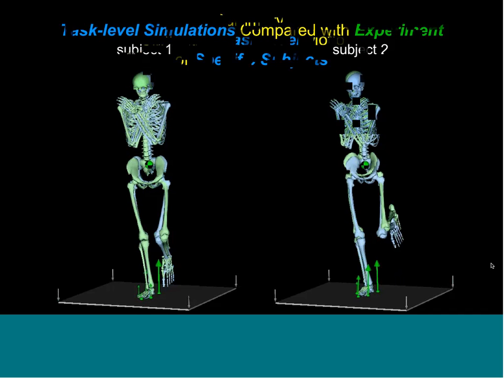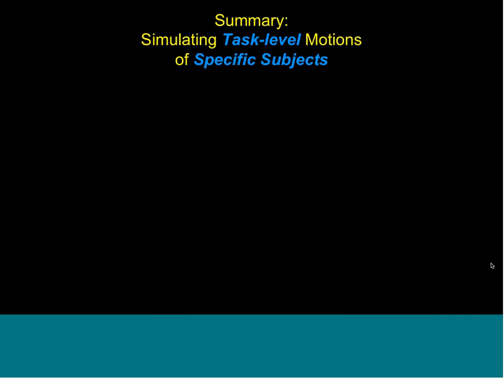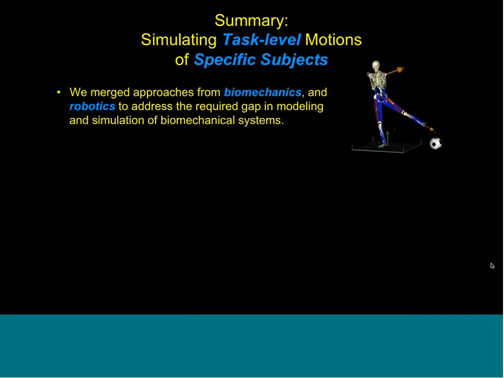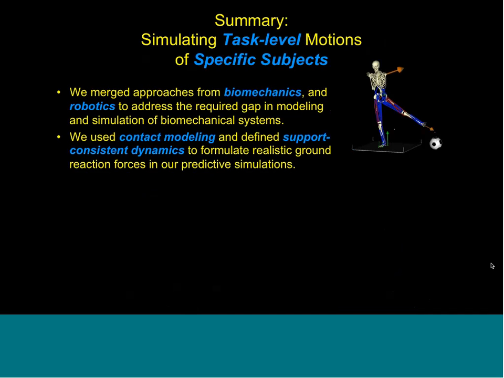So to summarize this part of the task level part, we merged these approaches from biomechanics and robotics to address the gap in modeling and simulation of biomechanical systems. As you may notice, this closed loop gives us a lot of room for tweaking these biomechanical systems. And we use contact modeling, which is another useful feature of OpenSim software that researchers may use, especially if you're doing